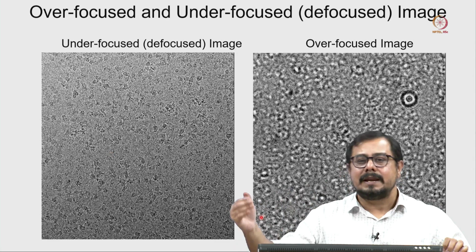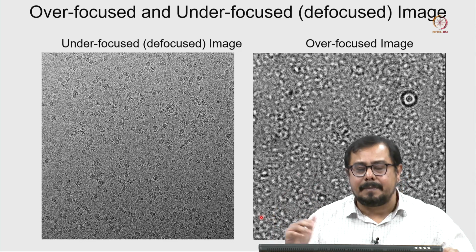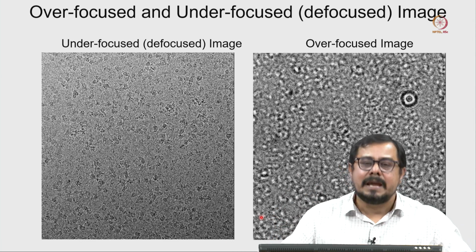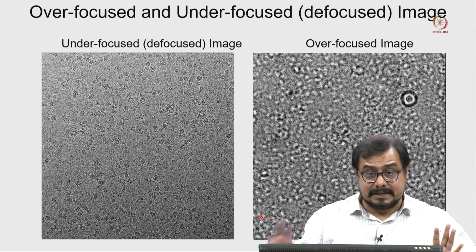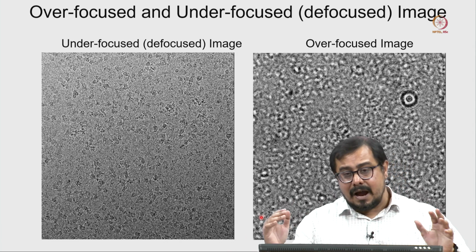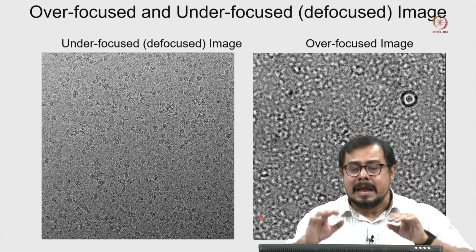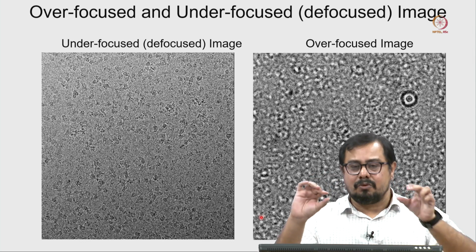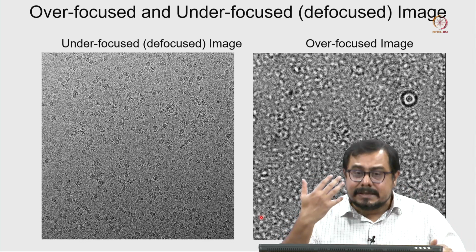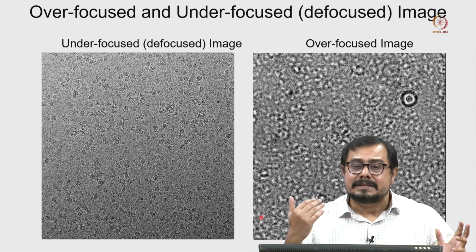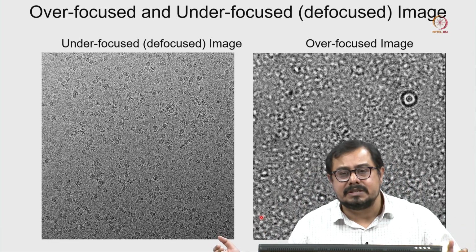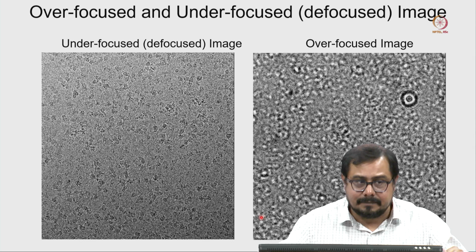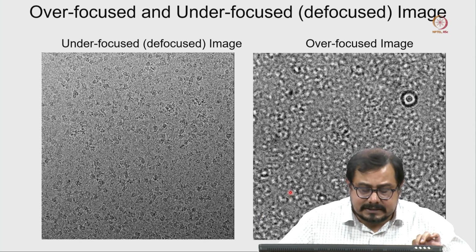I will show you in a later stage when we talk about sample preparation. If something is in focus, it is a bit difficult to see, but sometimes for 3D reconstruction purposes it is good. Generally, high defocus is good for our eye, because there is a very thick white fringe and it helps us to see the molecules properly, but sometimes it also restricts our high frequency or high resolution signal. That will come back later and we will discuss it.